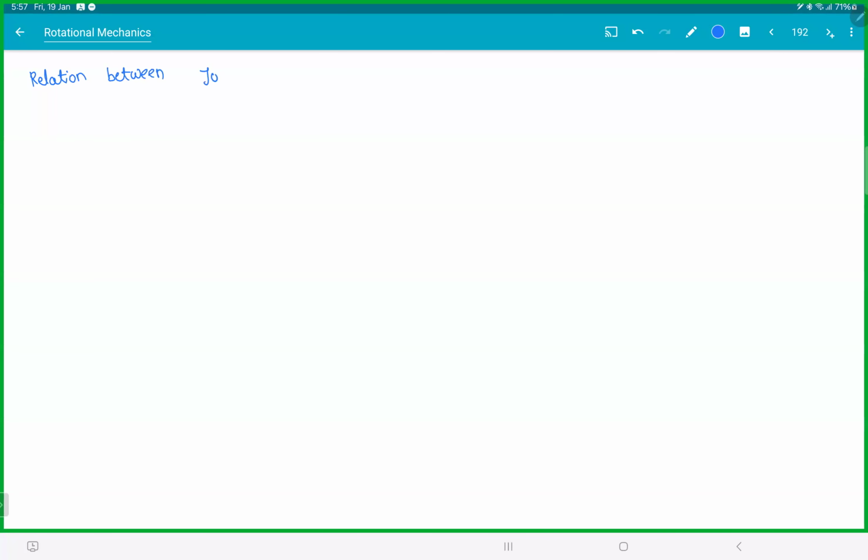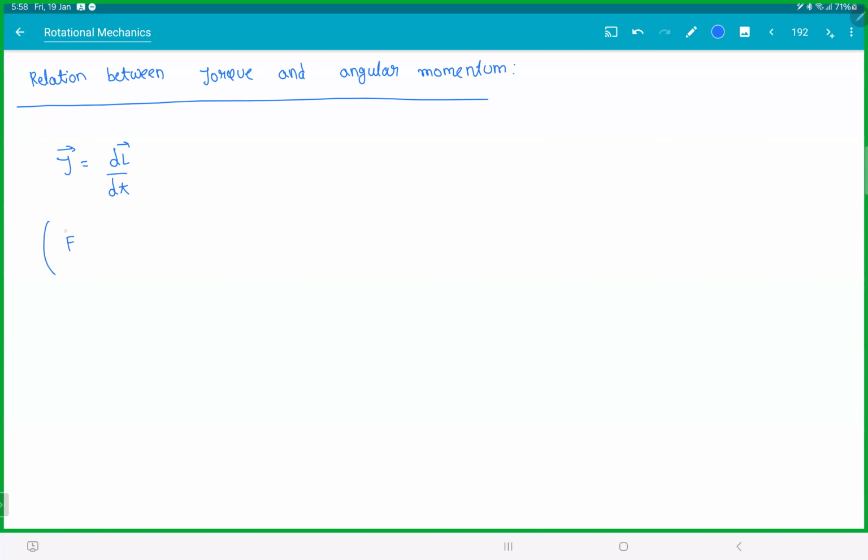The relation between torque and angular momentum. If you see the resemblance, torque is nothing but the rate of change of angular momentum. Doesn't this look similar to force being the rate of change of momentum? Newton's second law. Now from here we know, for a purely rotating body, this is I omega